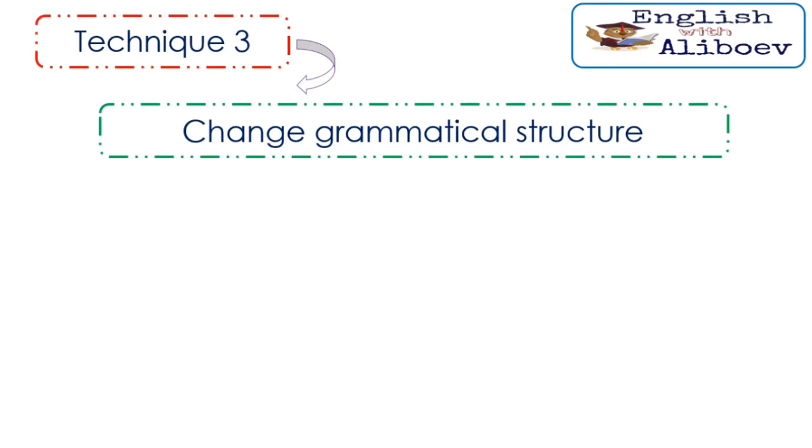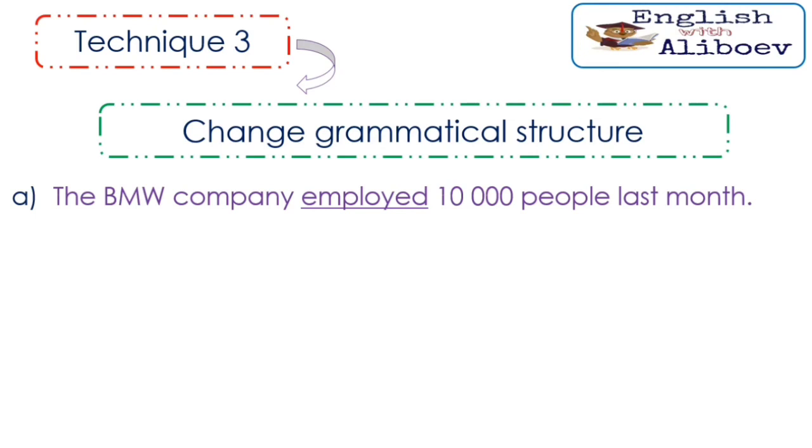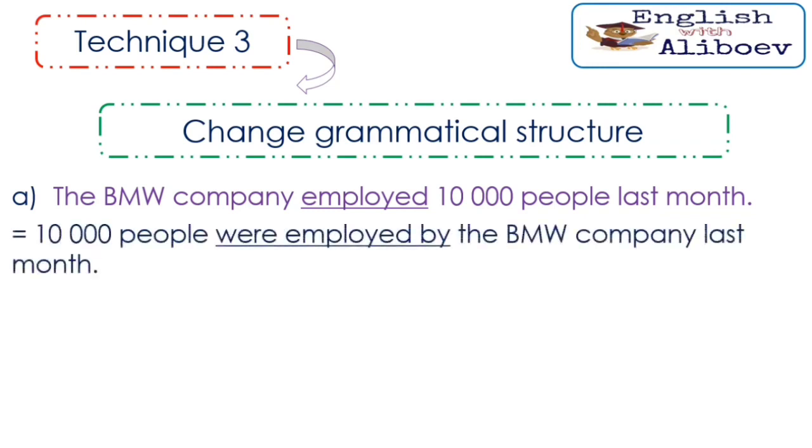Agar qo'lingizdan kelsa, boshqa strukturalar, boshqa metodlardan foydalanish orqali ham gapni paraphrase qilsangiz bo'ldi. Ya'ni o'sha darsni boshida aytgan gapim, har qanaqa kombinatsiyadan foydalaning, siz o'sha bitta rezultatni chiqarib bersangiz bo'ldi. Masalan, the BMW company employed 10,000 people last month. BMW kompaniyasi o'tgan oy 10,000 odamni ishga oldi bo'lsa, buni passivga o'tkazsak, 10,000 people were employed by the BMW company